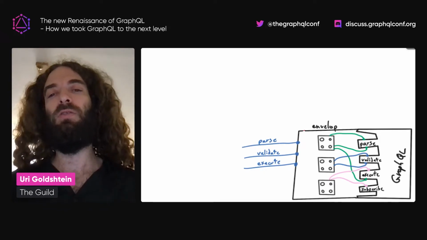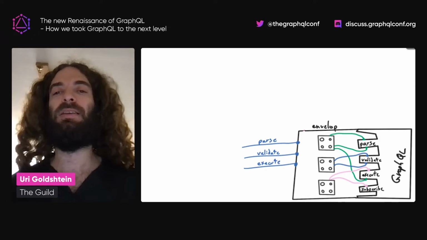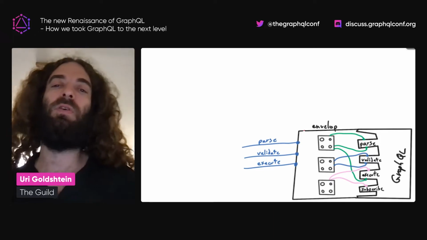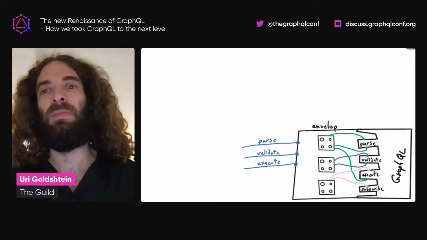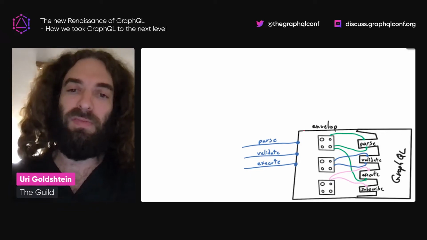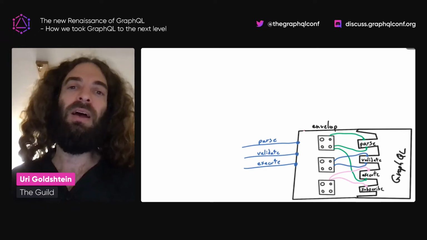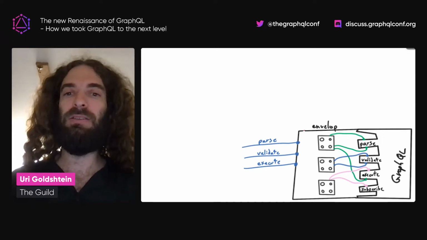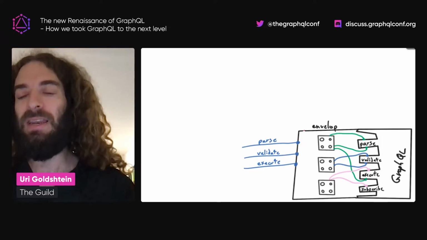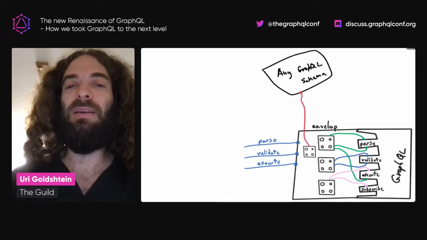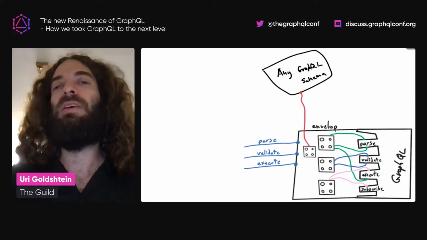So theoretically, you could use Envelope, this wrapper around GraphQL JS. It has the exact same API as GraphQL JS, so all the tools that work with GraphQL JS will work with Envelope. But we created hooks into the system, so now people can create very powerful plugins and basically customize everything about GraphQL. And because those hooks are inside the system and expose the same API, you could share your Envelope plugins across any framework. Another thing is that GraphQL JS expects a schema, so it doesn't matter what schema tool we use to create it.